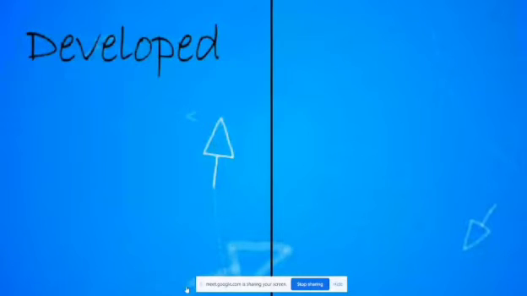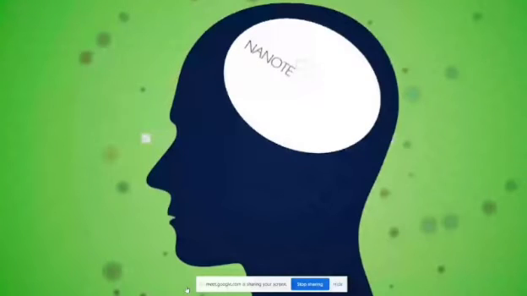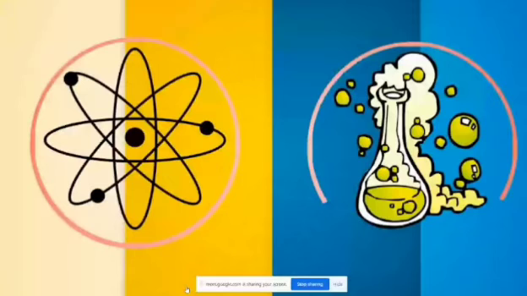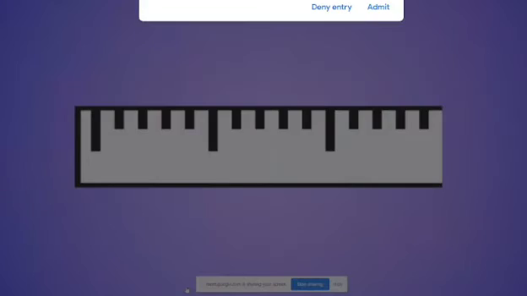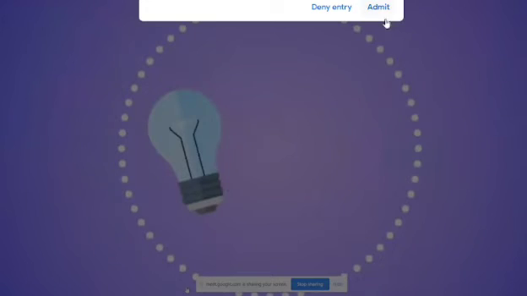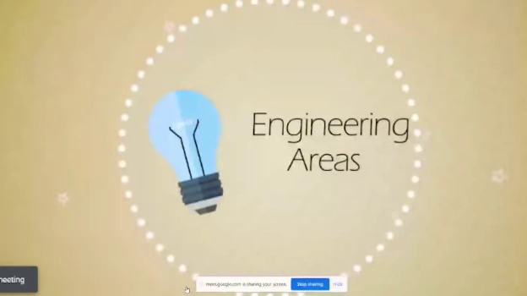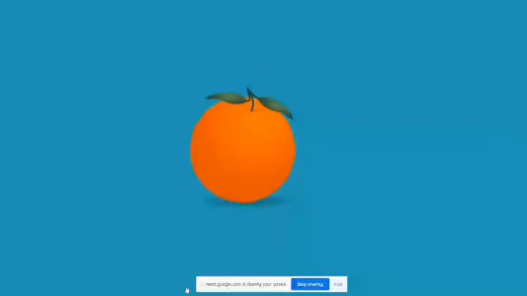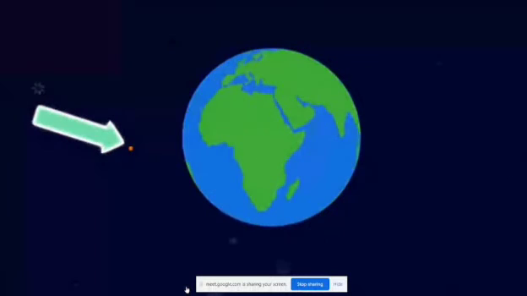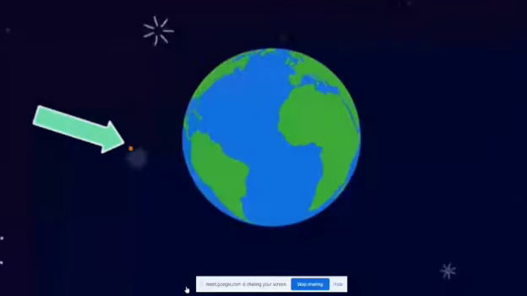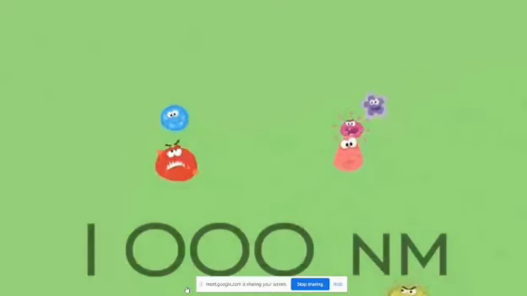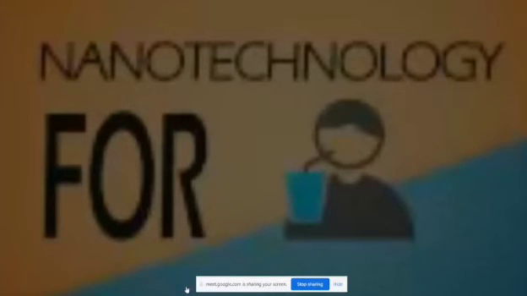But wait, what is nanotechnology? Well, chemistry. However, it's more like a science interface that connects different engineering areas. And not just any science. We're talking really, really small science. How small? Comparing the nano world to an orange is the same as comparing that orange to Earth. That's kind of small. Similarly, microbes in water are just 1,000 nanometers. Water is changing the business landscape in